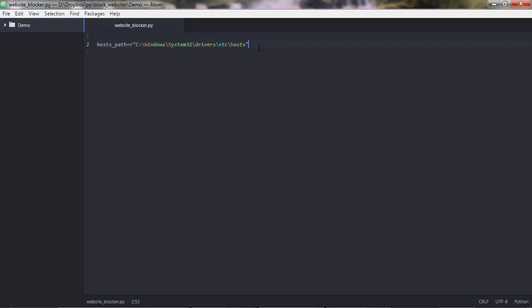Good. And maybe 2 other variables. Let's say redirect equals to this string, the IP where your browser visit will be redirected when you browse Facebook or other things that you find distracting. And then let's say websites, so you need to pass the websites that you want to block. That could be a list. So I'm calling this website list, and here I'll pass